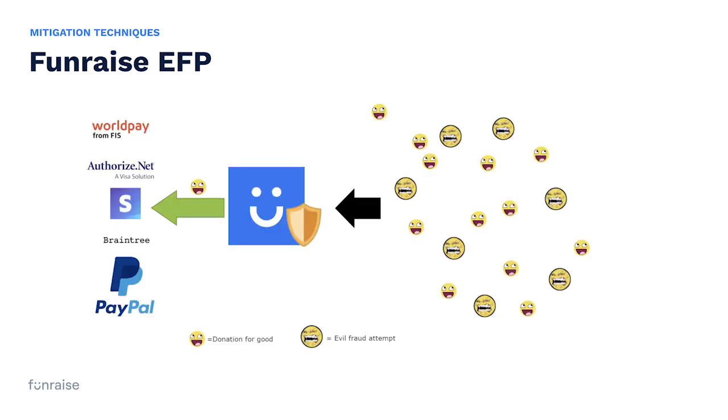This isn't really supposed to be a sales pitch at all. And out of caution of sounding too hucksterish, I won't spend too much time talking about this feature, but it's an interesting one, and one that we're quite excited about internally at Funraise. It's our advanced fraud protection suite of software. It is a layer in front of all gateways that gives you a common denominator of fraud protection. It's built using machine learning models, and we partner with industry experts to integrate this into our stack.